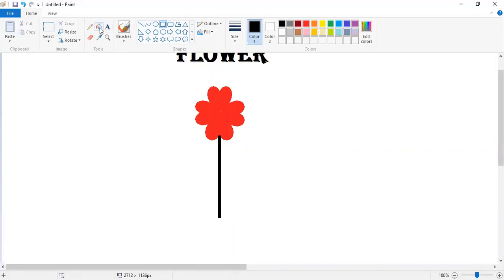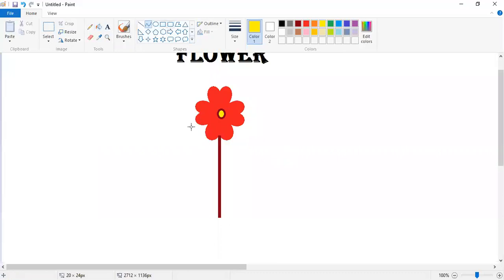I will select again this color and this brown color. Fill this with brown color. Then I will select this circle. And then I will fill yellow color in the circle. Okay.